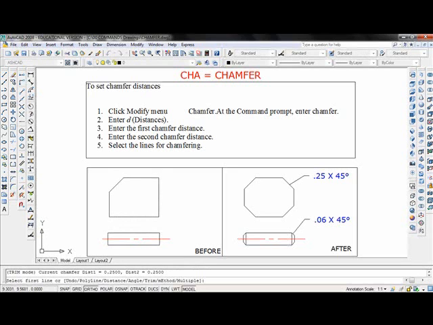Now all I got to do is select 2 lines. Hit enter or the space bar to repeat the command, and select another 2 lines. Repeat the command by hitting the space bar or enter key, and then do the last one. As far as the shaft goes, I'm going to type